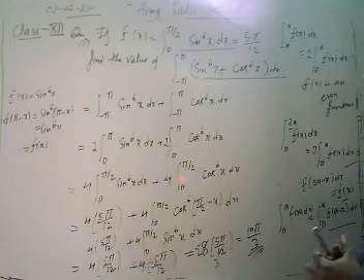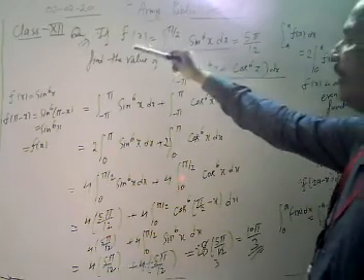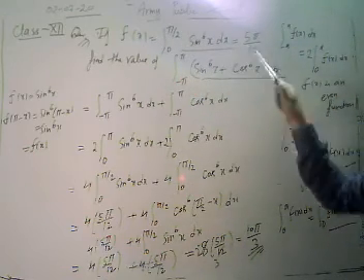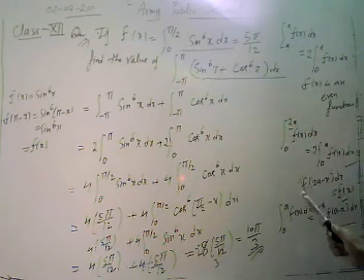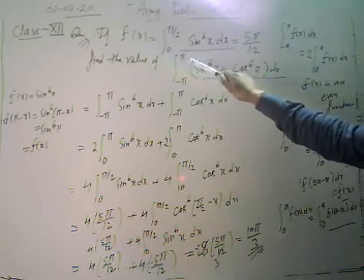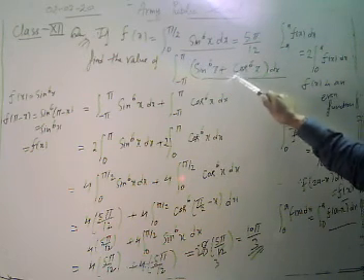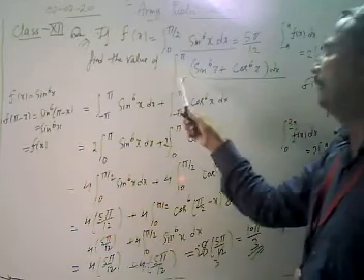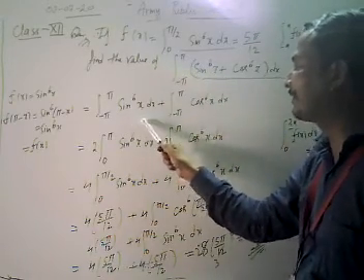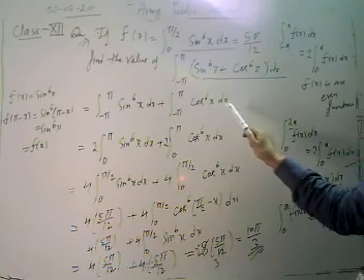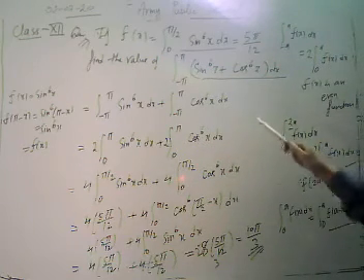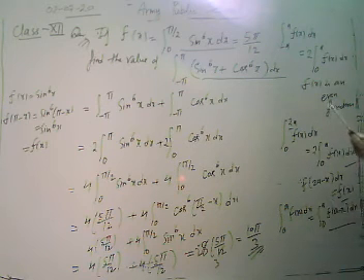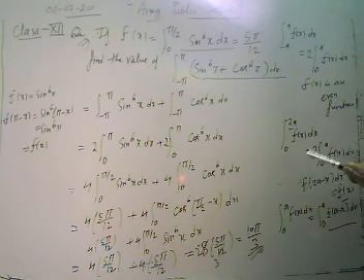Now look, I am going to revise this problem again. What is the given problem? If the integral from 0 to pi by 2 of sin to power 6x is given as 5 pi by 12, then we have to find the value of the integral from minus pi by 2 to pi by 2 of sin to power 6x plus cos to power 6x dx. First of all, we split it into the integral of sin to power 6x dx plus the integral of cos to power 6x dx. Here we are going to use property number 7.